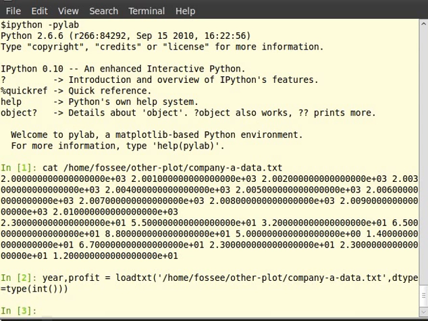By default, loadtxt converts the value to float. The dtype is equal to type within brackets int closing brackets argument in loadtxt converts the value to integer. As we require the data as integer further in the tutorial,